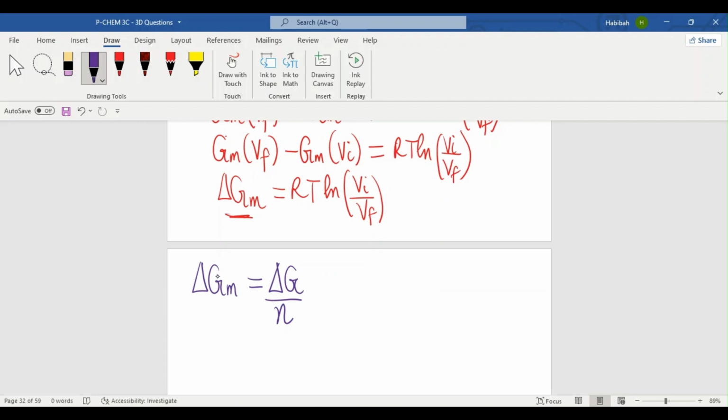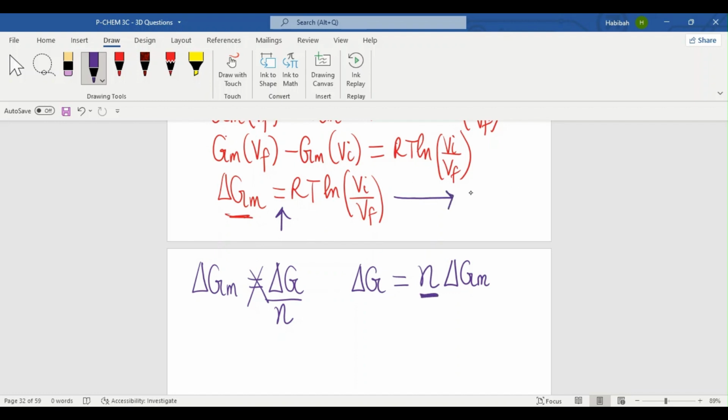So to go from changing GM to changing G, we just simply cross multiply, and we have the change in G to actually be the number of moles times the change in molar Gibbs energy. So the change in G of M. Because of course, we have an equal sign here, we have to multiply this number of moles by this